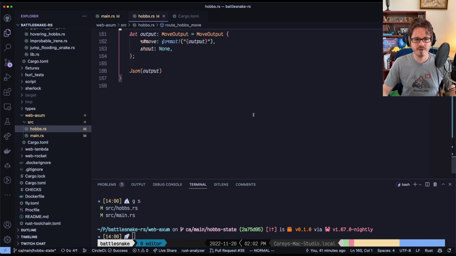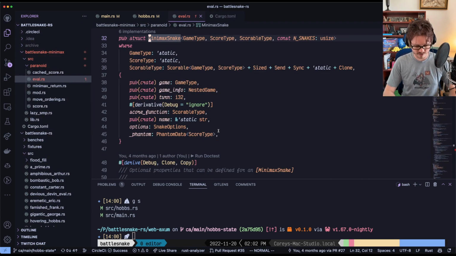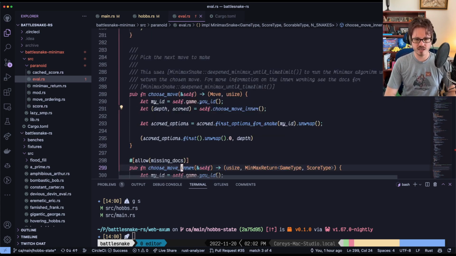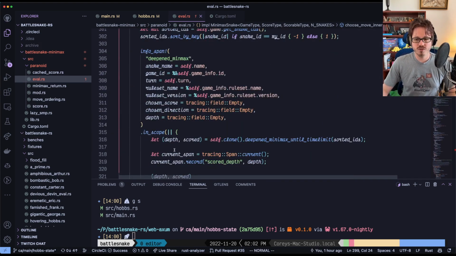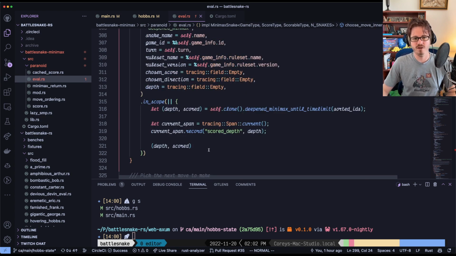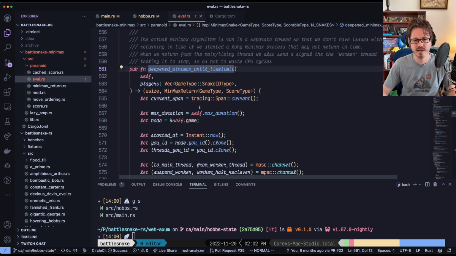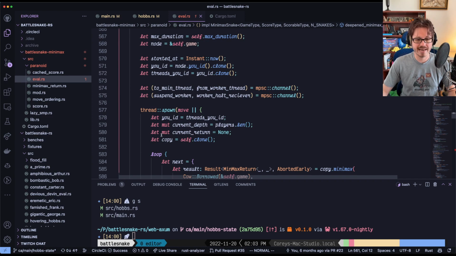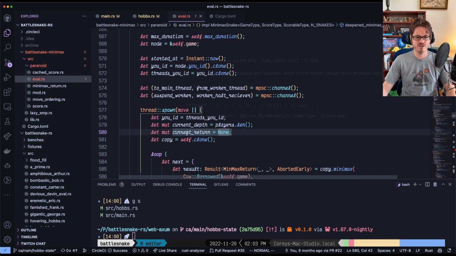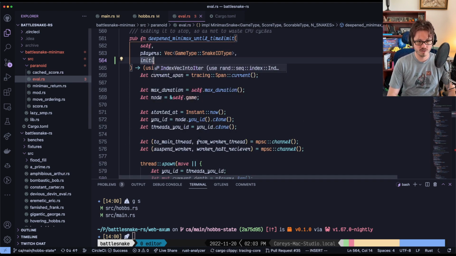Okay. So I know what we want to do. We want to pull out the right move, but before we do that, I'm going to step into this again. Choose move inner. What I want is a way to pass the last return state into deepened min-max until timeout. It has this current return value that it sets to none, and I just want to be able to pass this in, basically, like an initial return value,